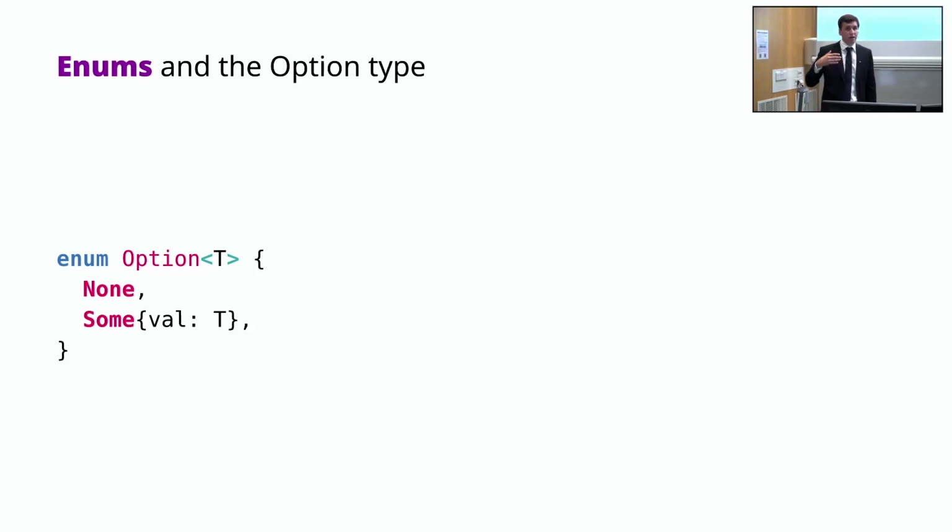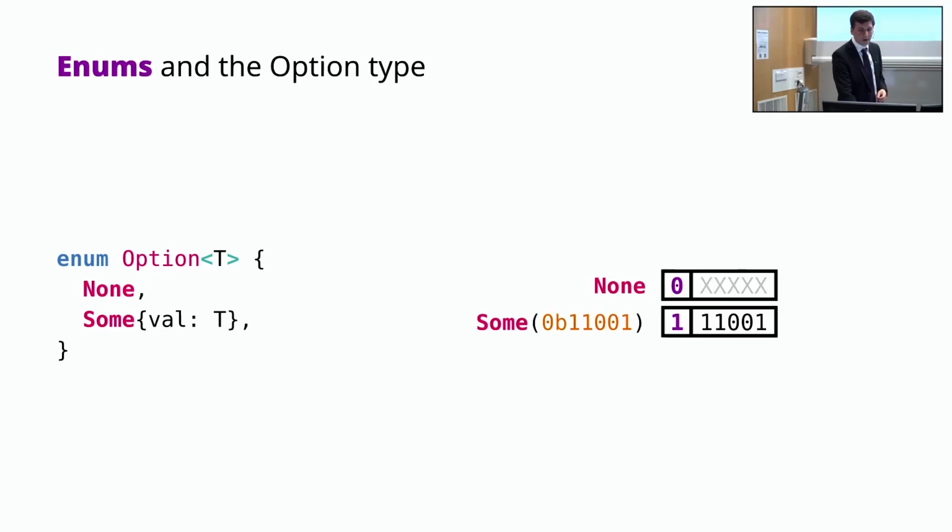And this is essentially a valid signal that is bundled with the data it validates. So the compiler ensures that you don't check the value unless you know that this data is valid. It might make more sense for the hardware people among you to see the bit representation of this. We have a tag that is either 0 or 1. 0 means it's none, and then the rest of the bits of this value are undefined. They could be whatever. And if the tag is 1, there is a value present, and that's the normal representation of that value. In this case, a 5-bit integer. So this is helpful when designing,